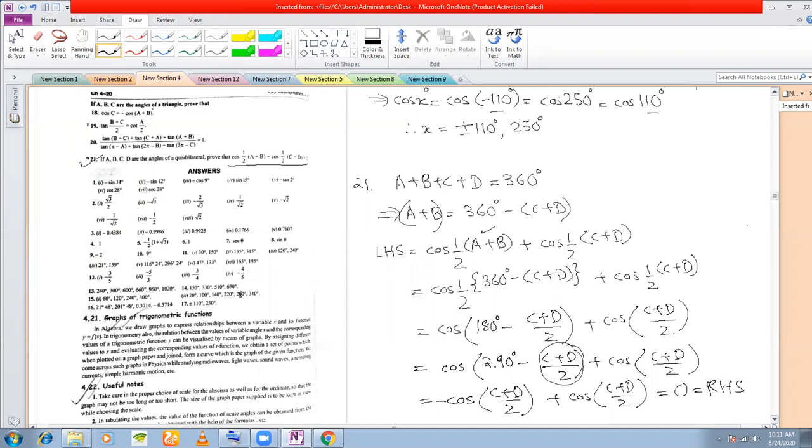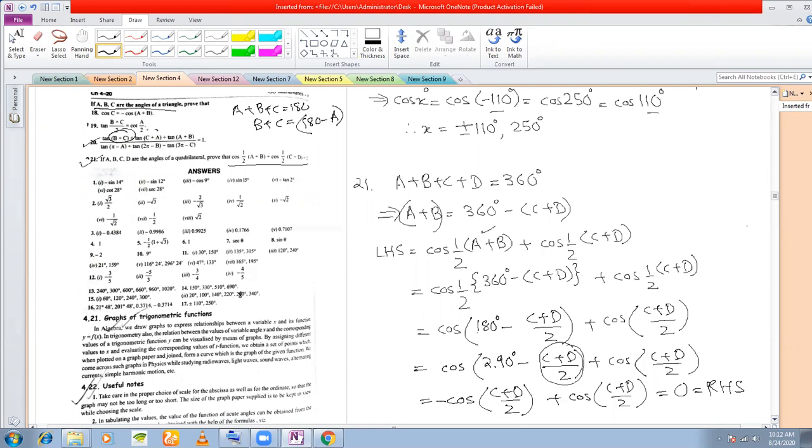If they say ABC are angles of a triangle, you say A plus B plus C is equal to 180 degrees, and it works in the same manner. All these problems can be done in the same way. Look here, you have A plus B plus C equal to 180 degrees. How will you work out number 20? Let me just give you hints. You have B plus C equal to 180 minus A, right? So instead of B plus C, you can write 180 minus A.